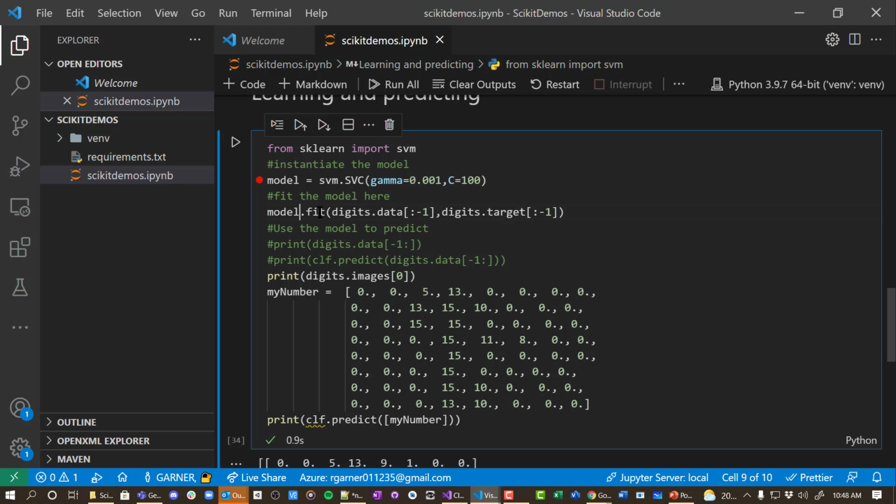And then we're going to fit our model to our data. This is the input data, and then this is the target. Once we have that established, what we can do is